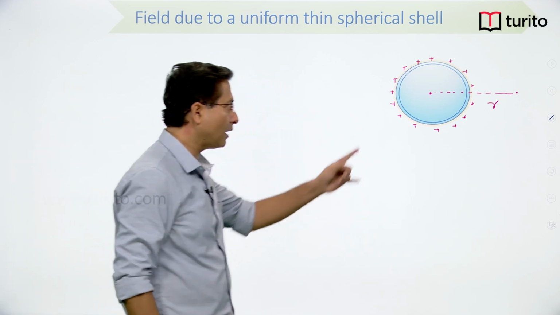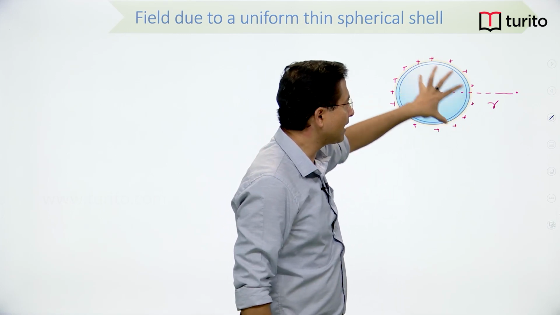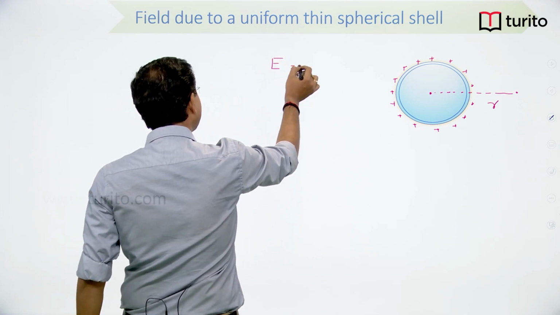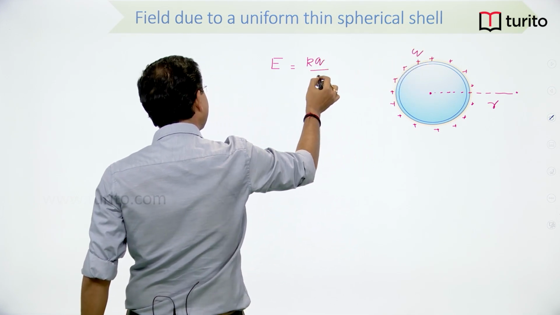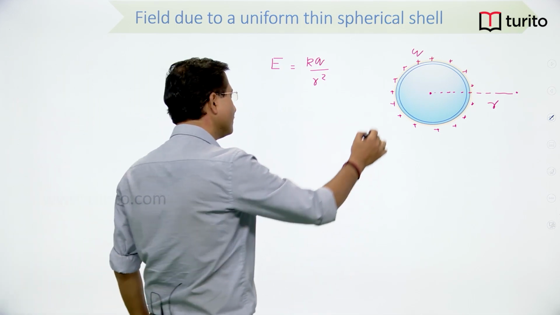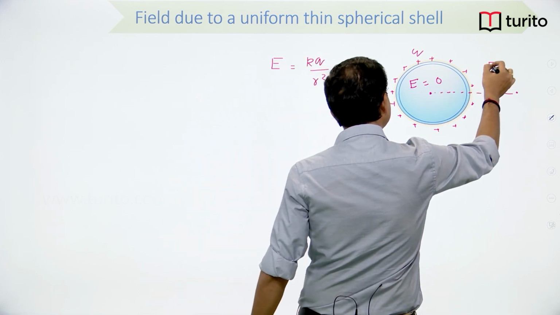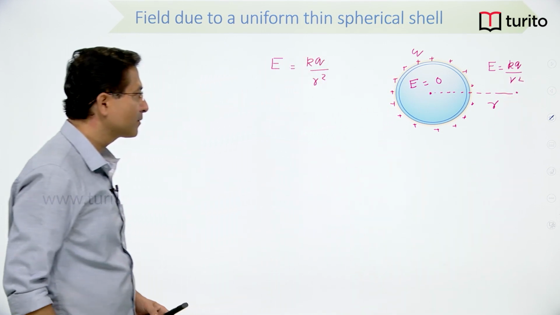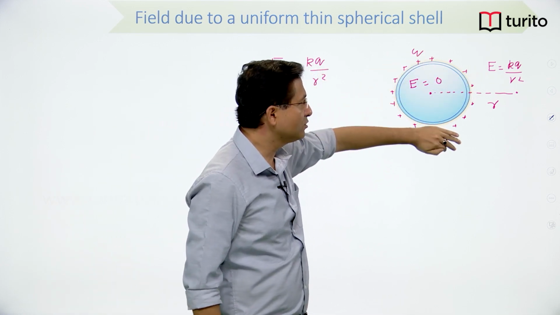So to find out the field outside the sphere, I can assume that the whole charge is concentrated at the center, at distance r. If the whole charge is concentrated at the center, the field is given by E is equal to k q divided by r square, where q is the total charge. So inside the field is 0, and outside the field is E is equal to kq divided by r square,